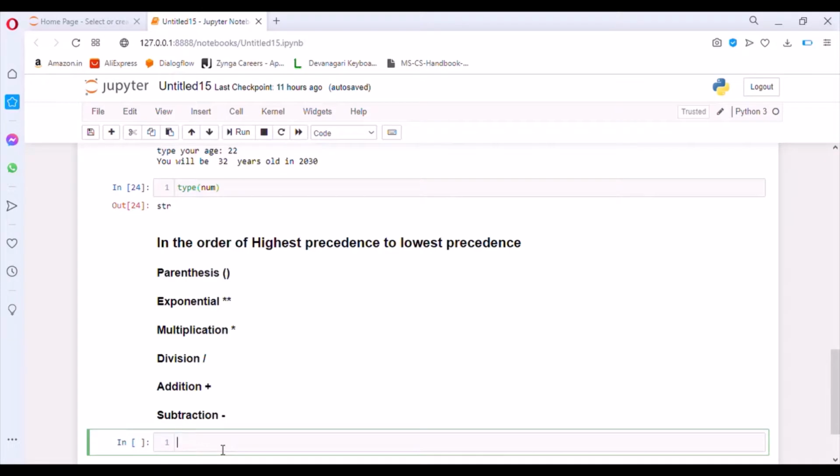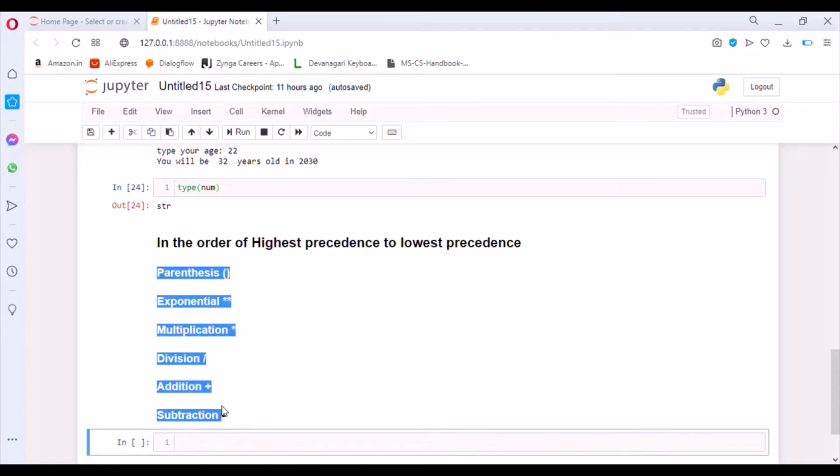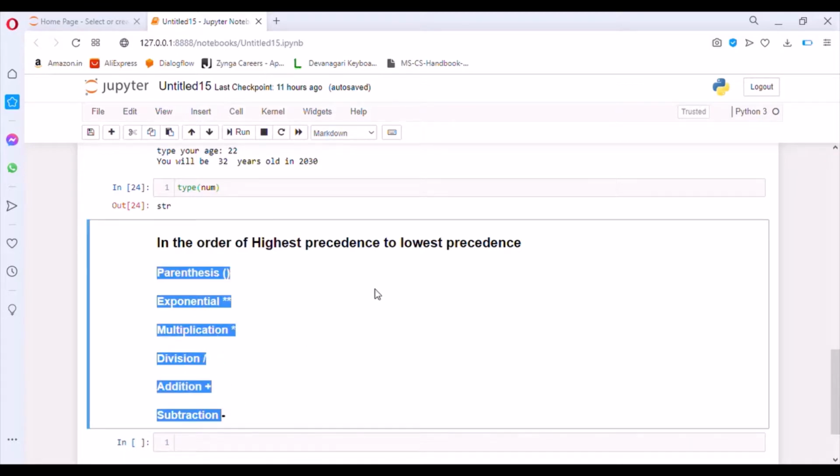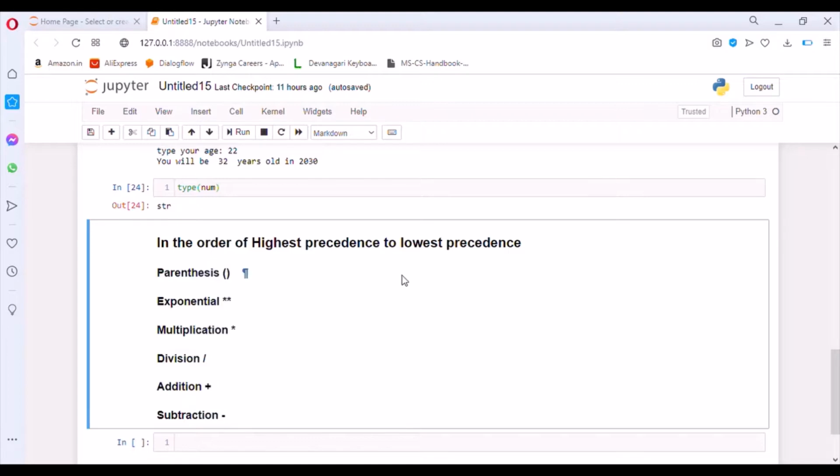Now let's come to the precedence rule of mathematical operators. So this rule has been written in the order of highest precedence to lowest precedence. Most of the times when we are evaluating any expression, we have more than one math operator. So in those cases, we have to follow the precedence rule.